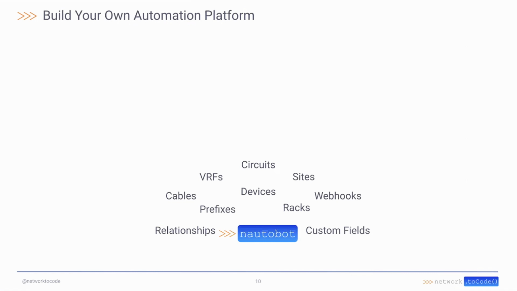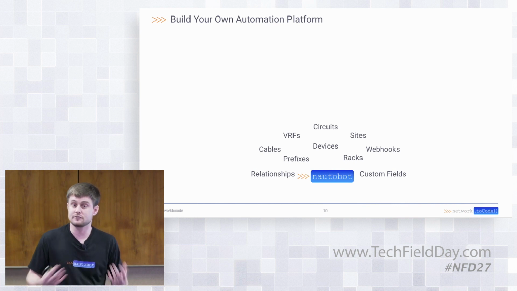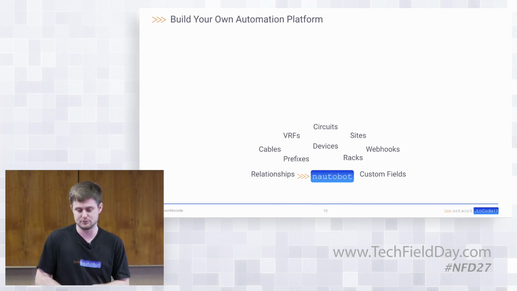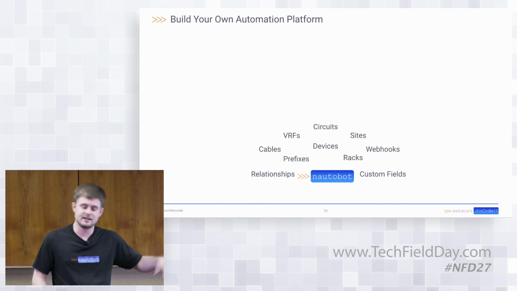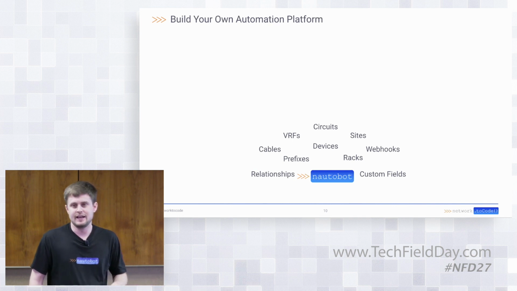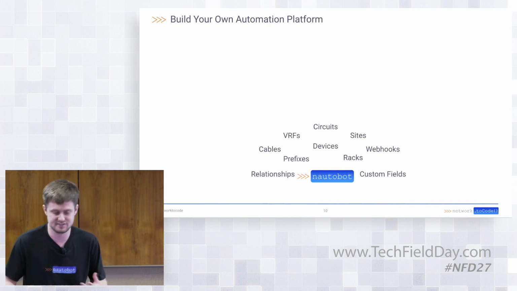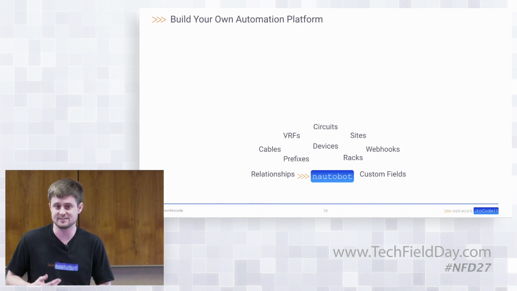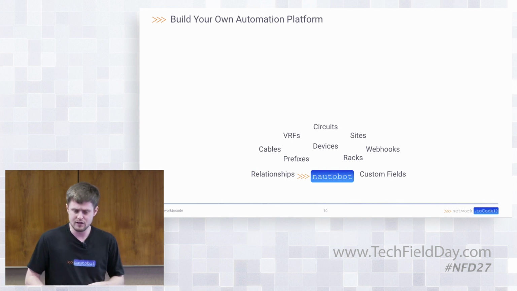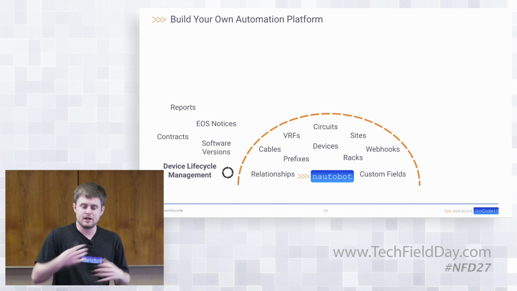So obviously, one size doesn't fit all, and organizations need to come up with a solution that works for them. And that's where the flexibility in this platform comes from. So if we want to build our own automation platform, we'll start from the Nautobot base. And as I mentioned, when you install Nautobot, you're going to get an opinionated data model about networking that represents the core. What is realistic for all organizations? What are things that they care about? Tracking locations and sites, and again, that inventory of devices, maybe tracking circuits and things like that. But on top of that, that's our core, that's our shell. On top of that, we'll build a platform that's specific for us.